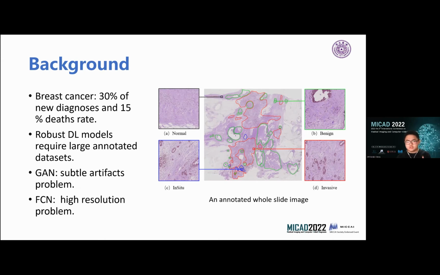It is GAN. It is mostly applied to generate the realistic image, which can overcome the limitation of the traditional deep learning models. But it has the problem that it will generate a subtle artifact on the original image, which will substantially alter the features of the cell and the tissue, and further mislead the model and affect the convergence of the parameter. And so to solve this problem,